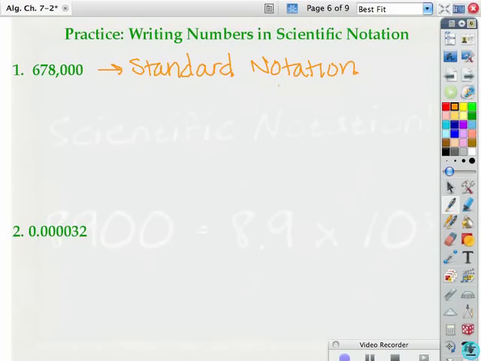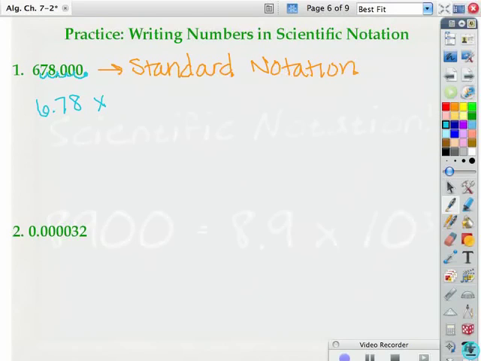Okay, so if we were to take this standard notation and write it into scientific, remember the decimal point is always at the end of the number, so it goes right here. If there isn't one written in, it's at the end. We count how many times we're moving over. 1, 2, 3, 4, 5. So we get